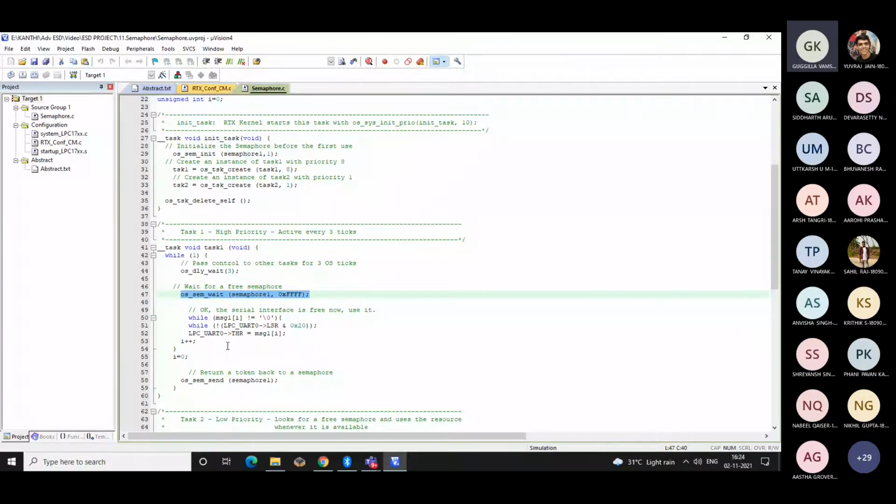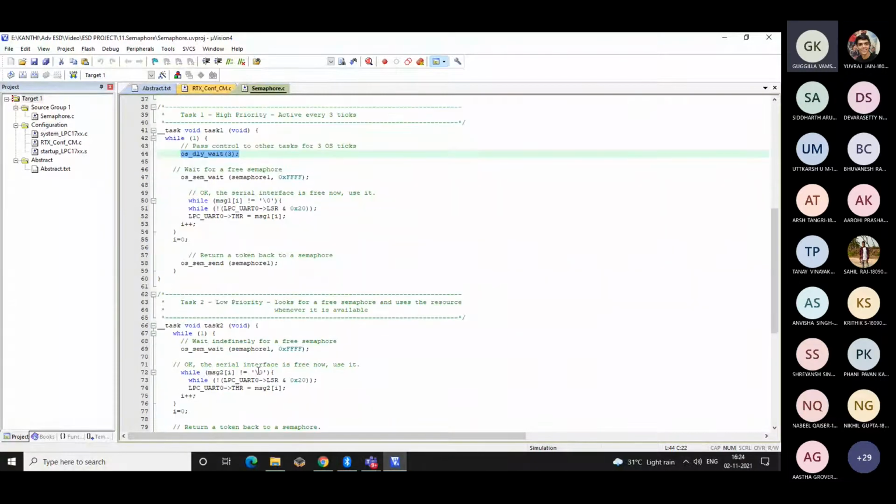So what happens in this case is, since we are forcing the task to go to break or halt, this task will go to the blocking state, and task 2 will get a chance, and there is a wait function.